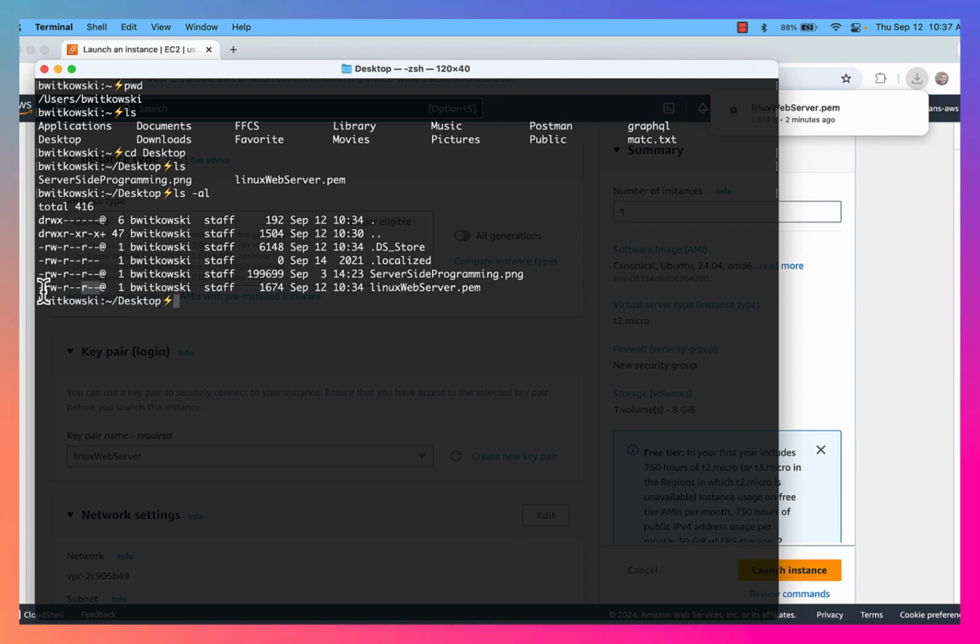So in this case, I would say the owner can read and write, the group associated with the file can read, and then everyone else that's not the owner or not a member of that staff group can also read. Okay, and the way we deal with those permissions,